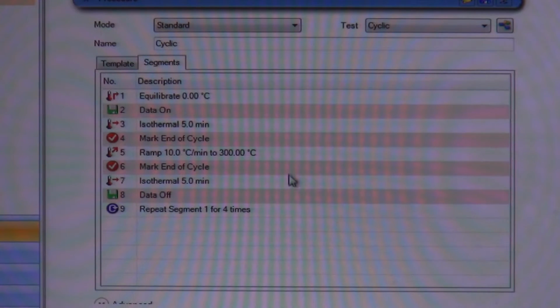I didn't say cool down at X degrees per minute. It went from 300 to 0 as quickly as it wanted. So it's a quenching mechanism as opposed to a controlled cooling. Now,